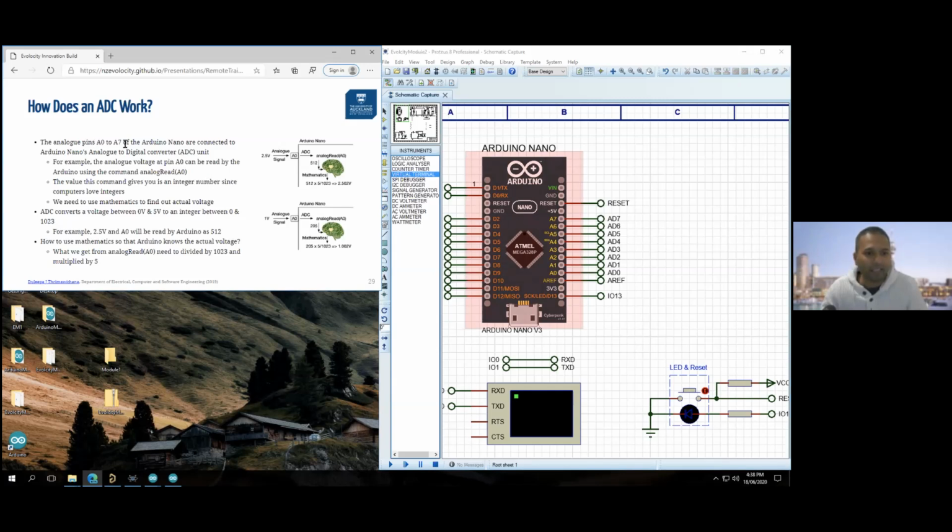Right, so the A0 to A7 pins on the Arduino are all connected to the analog to digital converter, and they can be used for analog signals as well as digital signals if you configure them to be a digital pin. But you cannot use the digital pins, D0 to D12, as analog pins ever, because they're not internally connected to the ADC. Now, let's assume that we take the A0 pin and connect an analog signal into this A0 pin,